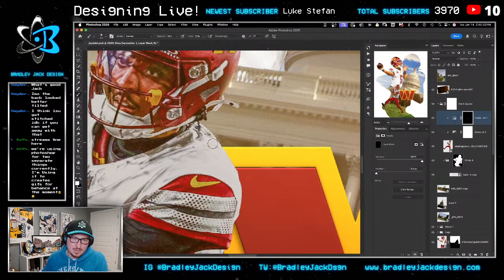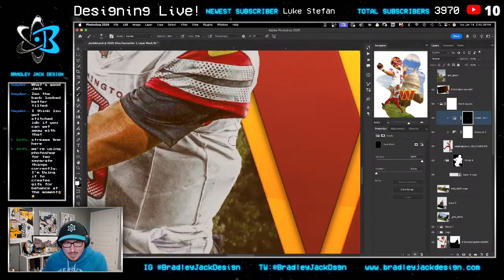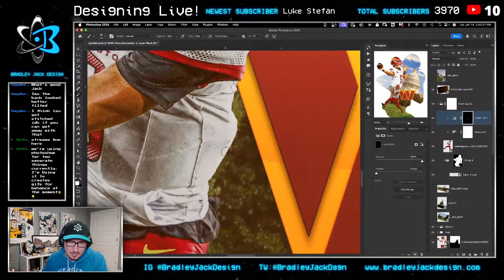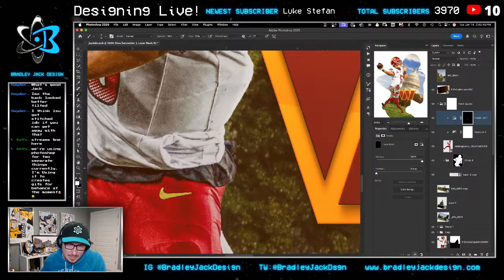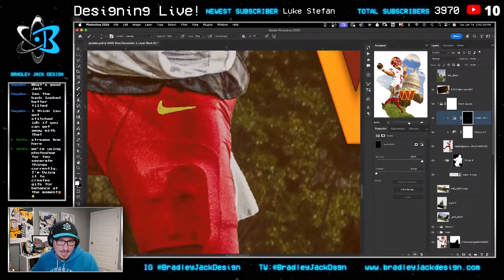But how much of this is going to be very solid and how much of this is going to be a lot lighter? And it looks bad now because we're going to do a blend if on it. It's going to blend it in. It's just going to look a lot better. But I need to paint, like, this is going to look a little bit different than this here. And this, I will say, is an acquired skill that I don't have